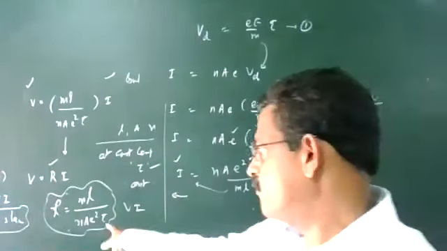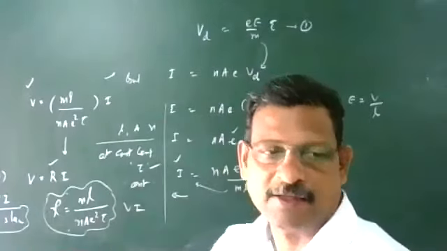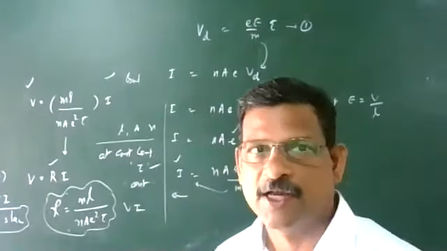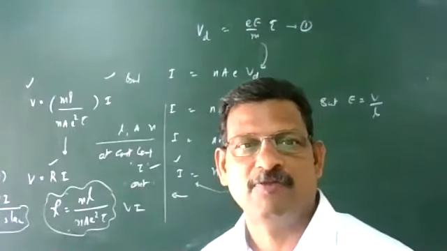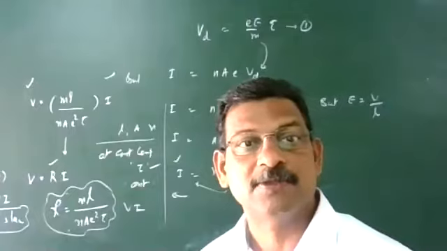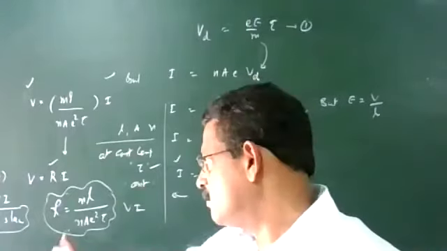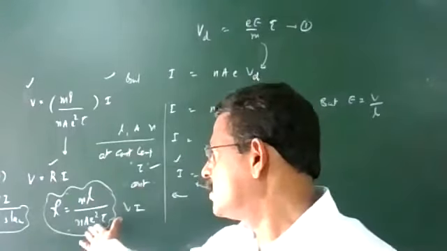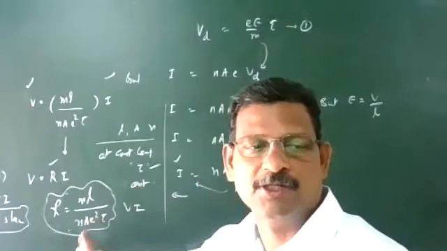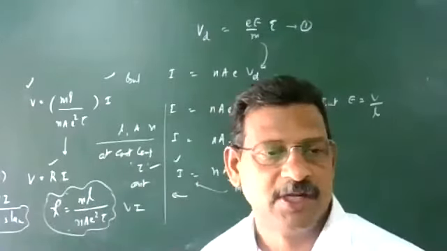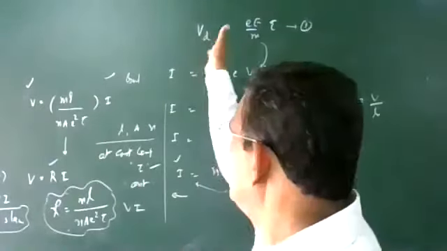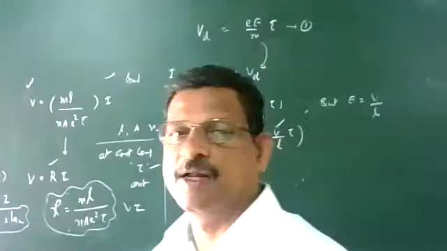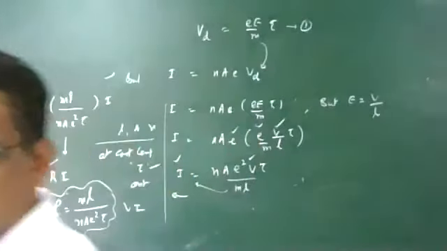Write this equation out of it 5 times, because so many factors are there. Resistance of a conductor is due to the continuous collision of electrons with atoms or ions while drifting from the negative end to the positive end. It depends upon many parameters: length of the conductor, area of cross section of the conductor, number density of electrons, and relaxation time, which in turn depends upon the temperature. And this we derived from the idea of drift velocity and the current correlation. All of you write this equation 5 times in the copy.